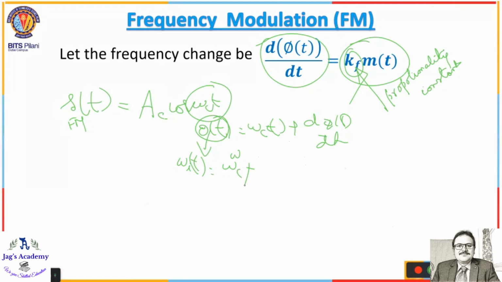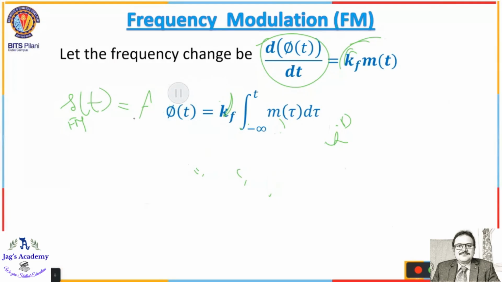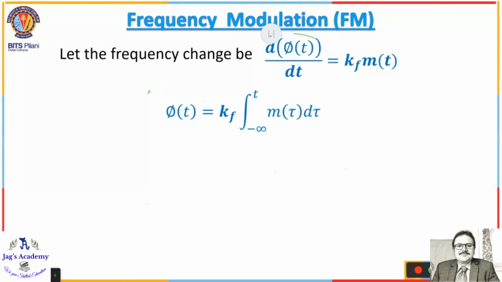What is d phi of t by dt? It is proportional to the message signal, that is kf into m of t. So just substitute it here, that's all. Instead of omega c, you will have the entire frequency equal to omega c plus kf into m of t. See. Fine, I have understood this. See here. So when this d phi of t by dt is equal to kf into m of t,